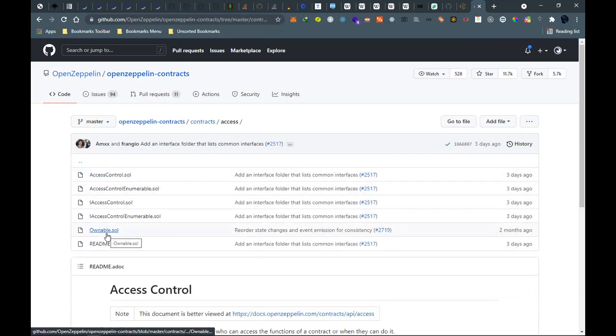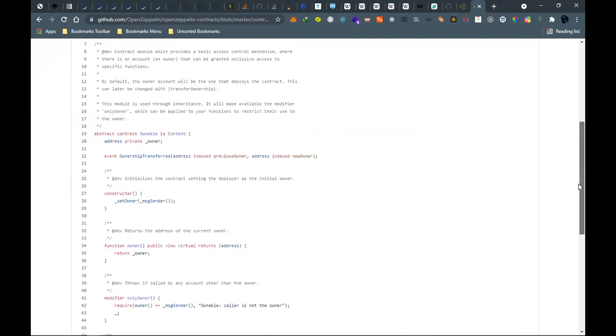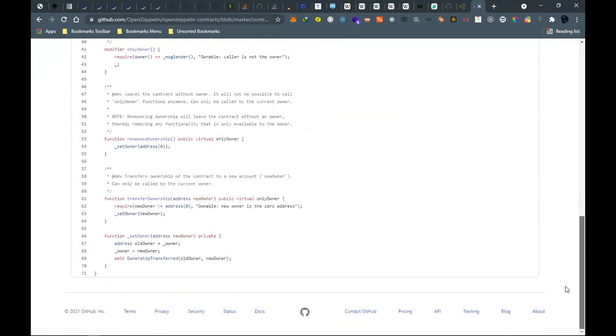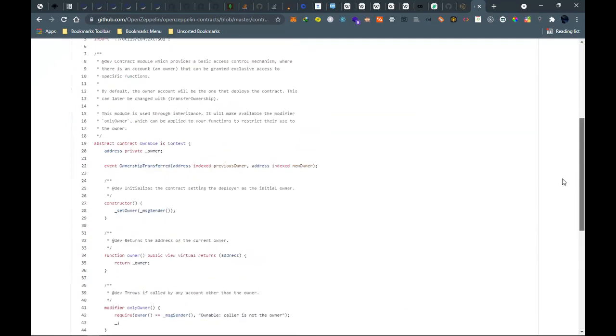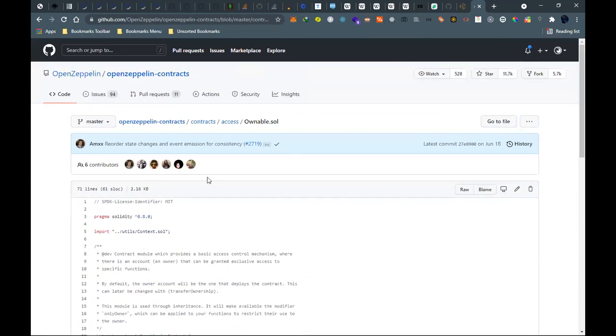Access. So for access, we have this one, Ownable. This is something that we will also add, so that we can see who can actually own our contract, the only person who can own our contract.